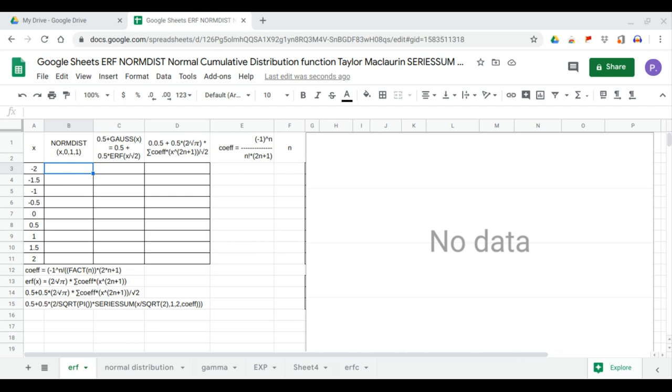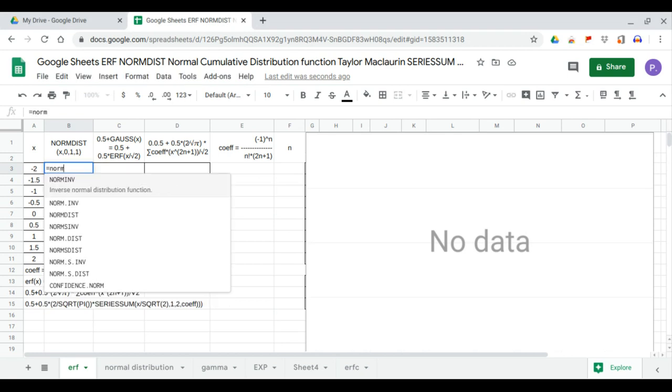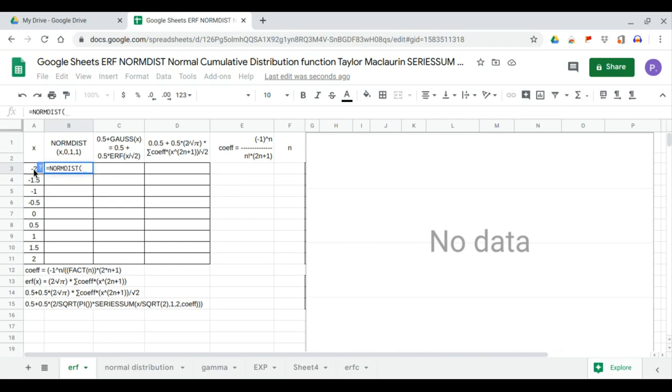In this video we will use series sum and LINEST polynomial regression to generate the expansion coefficient of NORMDIST, the normal cumulative distribution function. We will also use LINEST to generate the regression coefficients for the polynomial of degree 8. So we will start with the NORMDIST of the x values,